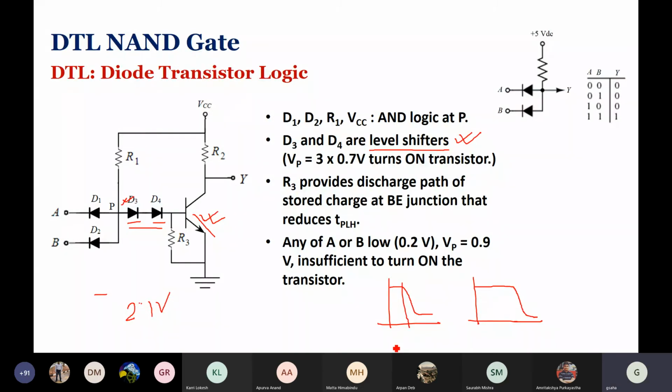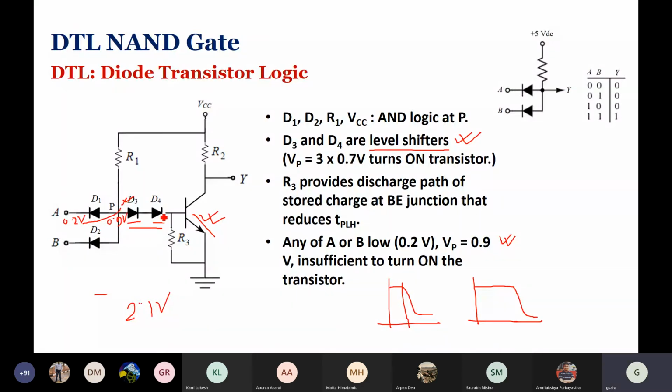The other thing that we can understand over here, because of the presence of these two diodes: when any one of them is low, it is connected to a similar such device. So this output is in saturation, which is connected to one of such devices, so this will be 0.2 volt or 0.1 volt. So 0.2 volt drop here, and this diode is now conducting because of current flow in this direction. So another 0.7 volt gets added. So 0.9 volt, right? That is to be treated as logic low. If these diodes were not there, then 0.9 volt would make it conduct. So this output will be low.